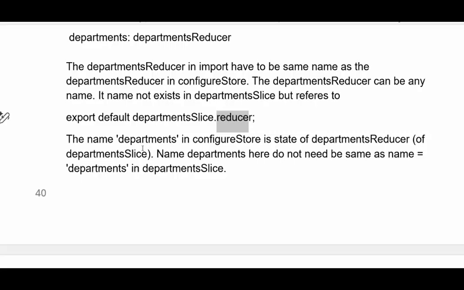Every reducer has a slice. Departments reducer has a departmentsSlice. And slice is about reducer. But plus here, we have a thunk function, and altogether it is complicated. But about thunk, in the future, in the continuation,